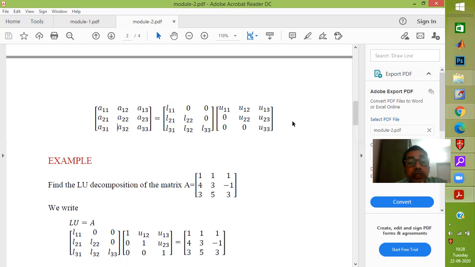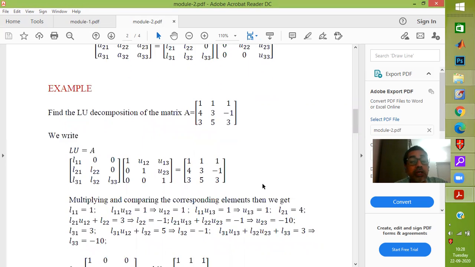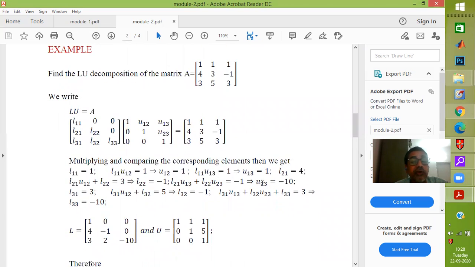And here is an illustration. So we have a 3x3 matrix, obviously having no structure. And then we are talking about an LU decomposition. Now, there are different ways of doing it. What we have selected is the matrix L, which is lower triangular, has got diagonal elements L11, L22, L33, and so on, with the upper diagonal elements 0. Whereas the matrix U is taken with unity on the diagonal, 1, 1, 1s.